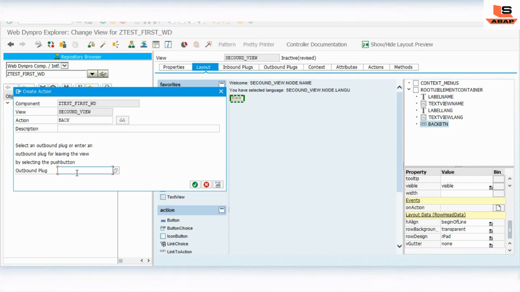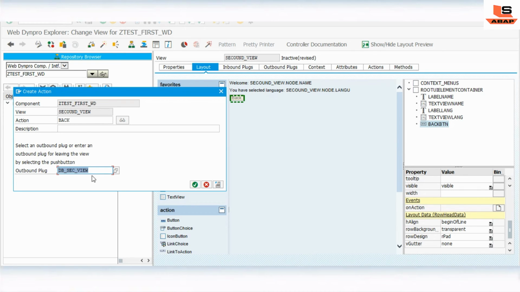So here also we are going to go outside from the second view. Okay, so we will give outbound second view. Okay, this is the outbound block for the second view. We'll tell you how to navigate from the outbound block. As of now just concentrate on the outbound block, because when we click on the back, it will go out from the second view and it will come inside the first view.